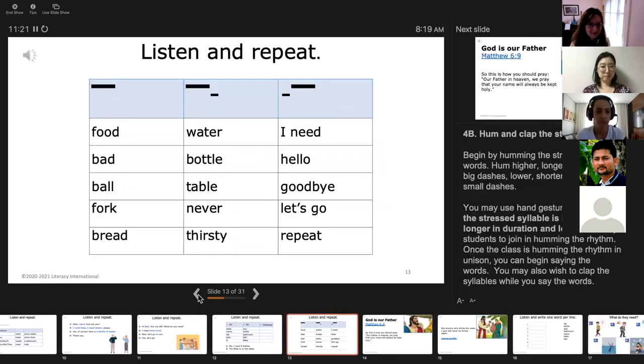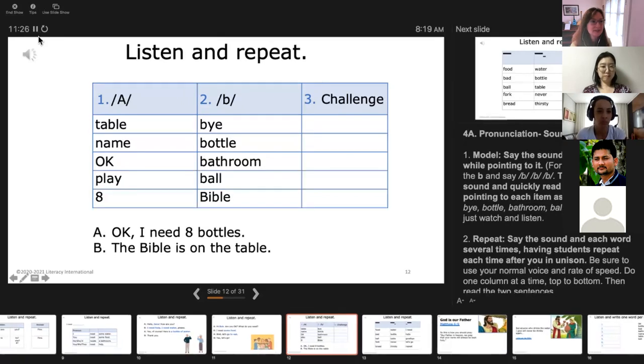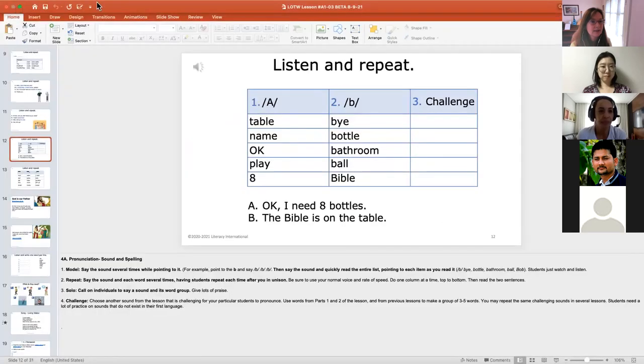Oops, I went too far. Oh, that's right. I've got to come out of presenter view to do this. So let me stop my slideshow and go into my normal view. And the reason I'm going to do that is because I'm going to edit this, take out the word challenge, and put in a new sound. So let me ask you,